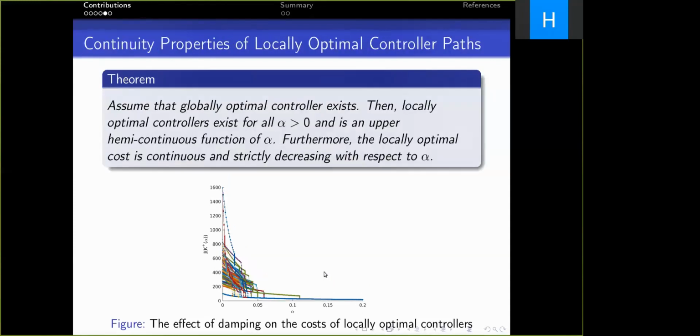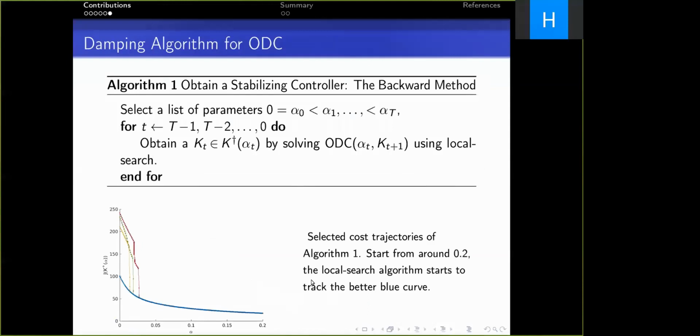Can this good controller with large alpha be related to the optimal controllers when alpha is equal to 0? We show the continuity properties of the homotopy path with the notion of epicontinuity. As a result, the costs of locally optimal controllers will always look like this set of decreasing continuous curves in the figure. This implies that path tracking is possible. These two observations are combined to show that this following homotopy algorithm is able to optimally solve the decentralized control